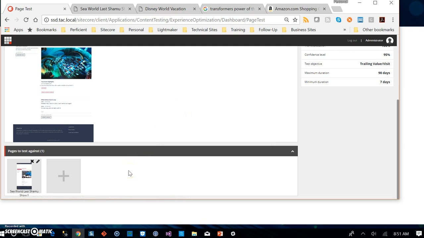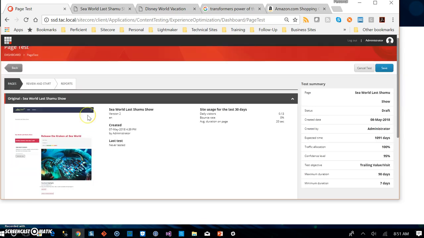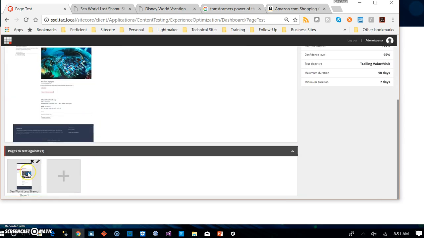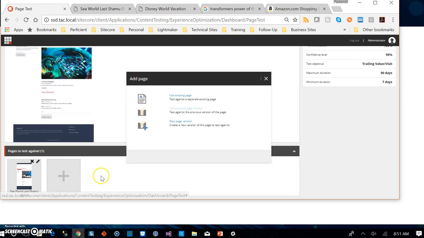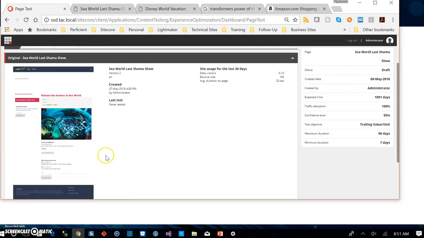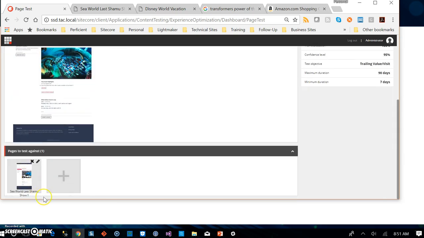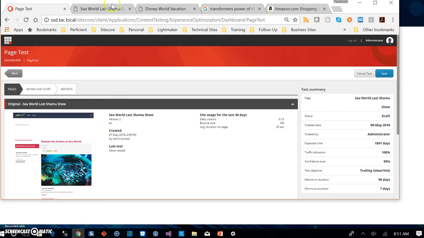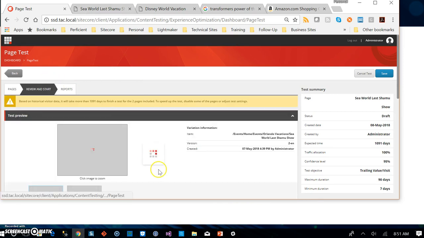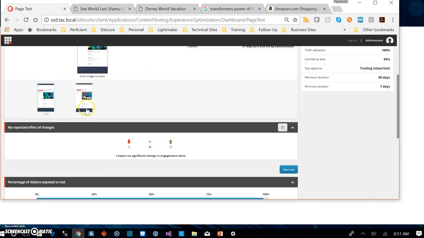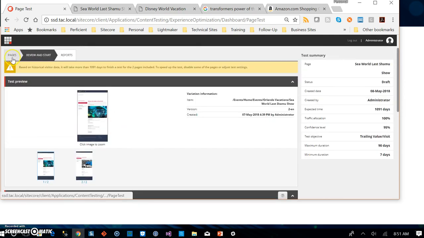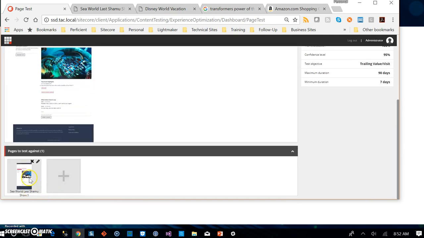And once I give it a moment, let's see now what it should be. Did I choose version 1? Hold on. I might have to get rid of it. Use previous page version. I did that. This should be showing me version 1. Okay. Let me check something. Oh, there we go. All right. So what I was expecting to see here, and I'm sorry for the pause, was to see, oh,